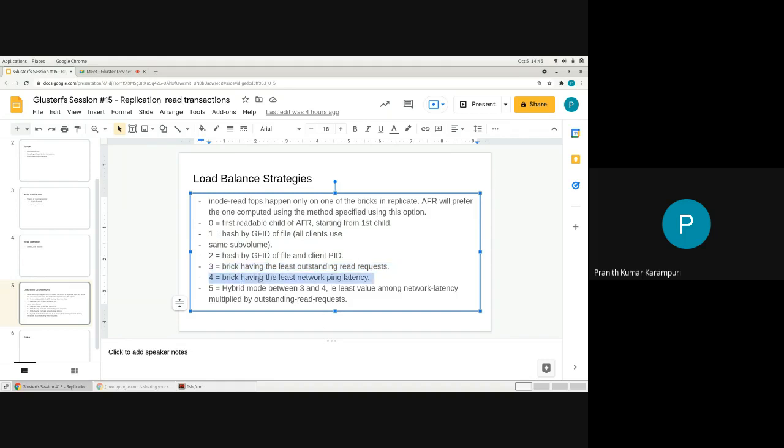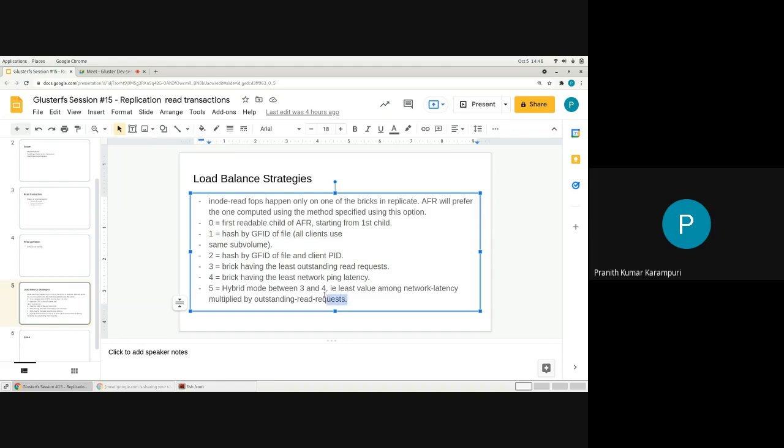And the fourth one is the ping latency. This is based on the latency. At the time of ping, you figure out which one has the least amount of latency, and you try to send it to that one. The fifth is a hybrid of 3 and 4, where you multiply the latency and the outstanding read requests and balance based on that.